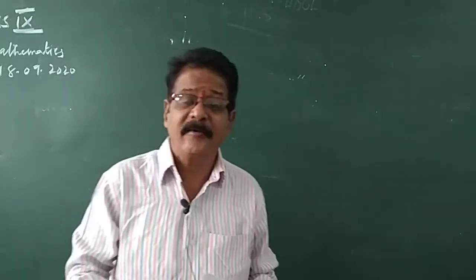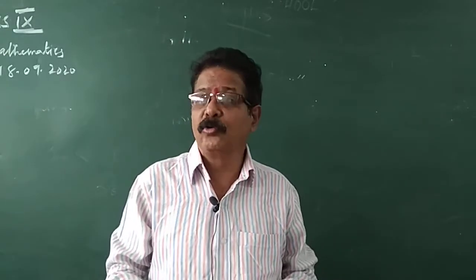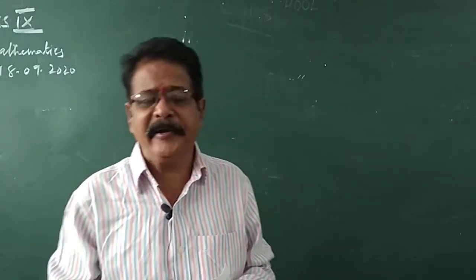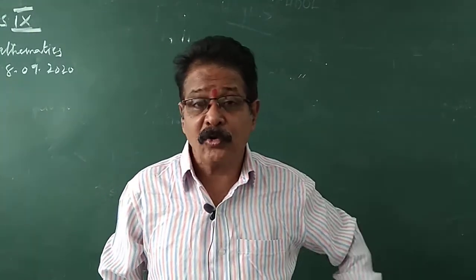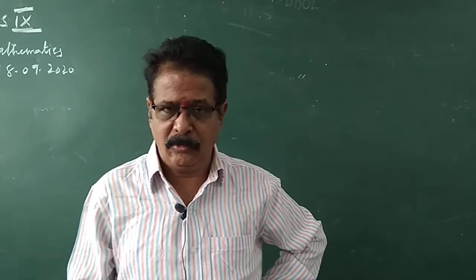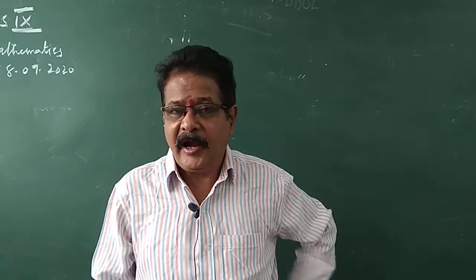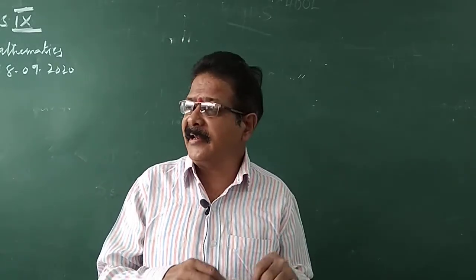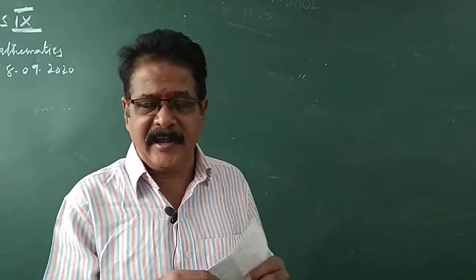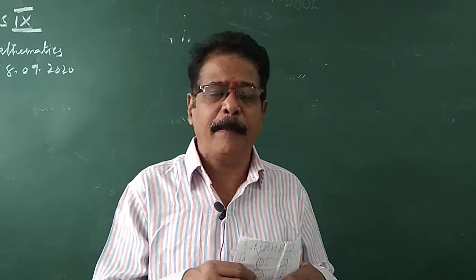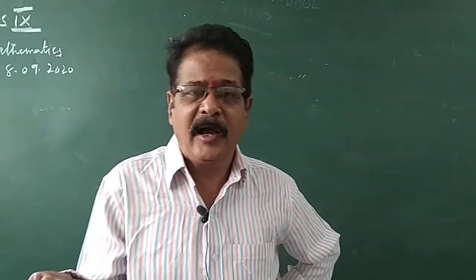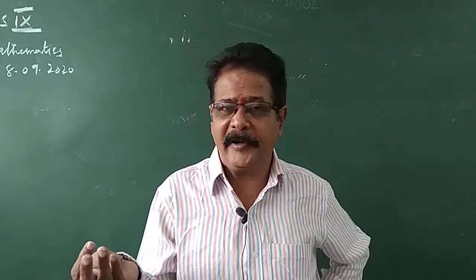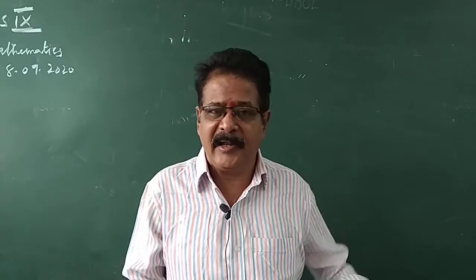In the last class, we learned how to visualize the terminating decimals and non-terminating repeating decimals on the number line through successive magnification. And also, in the earlier classes, in the 8th and 7th class, we learned about some properties. What properties? Closure property, commutative property, associative property, distributive property, identity. These all we learned.